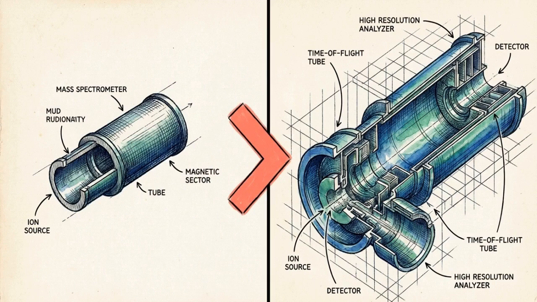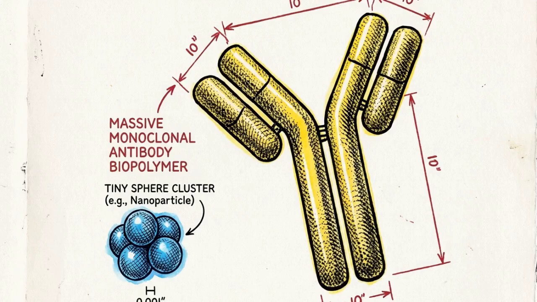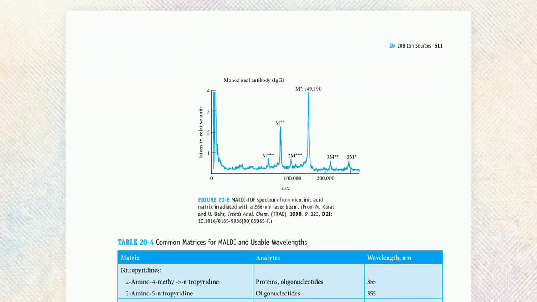When you combine these soft ionization techniques with analyzers that can measure extremely long flight times, the scale of analysis expands enormously. Mass spectrometers went from being tools that could only weigh small volatile gases to instruments capable of weighing massive biopolymers. This chart shows the MALDI spectrum of a monoclonal antibody. On the far right is a towering peak labeled M+, at roughly 149,190 mass-to-charge ratio. This single, clean peak proves a protein weighing almost 150,000 daltons survived the transition into the gas